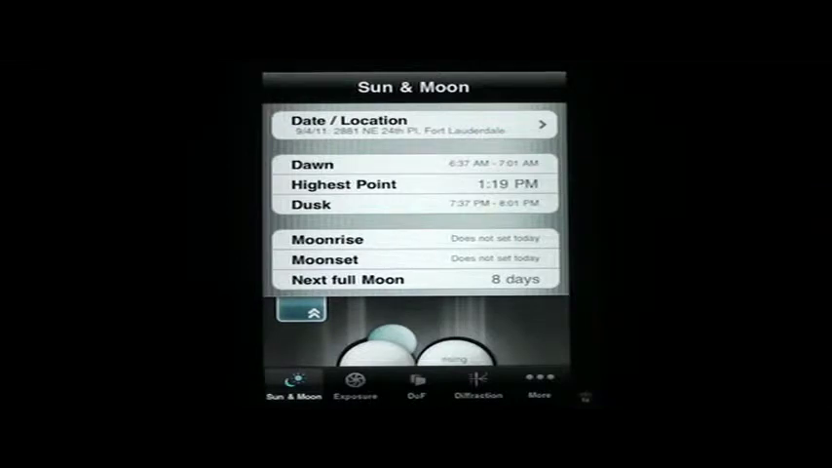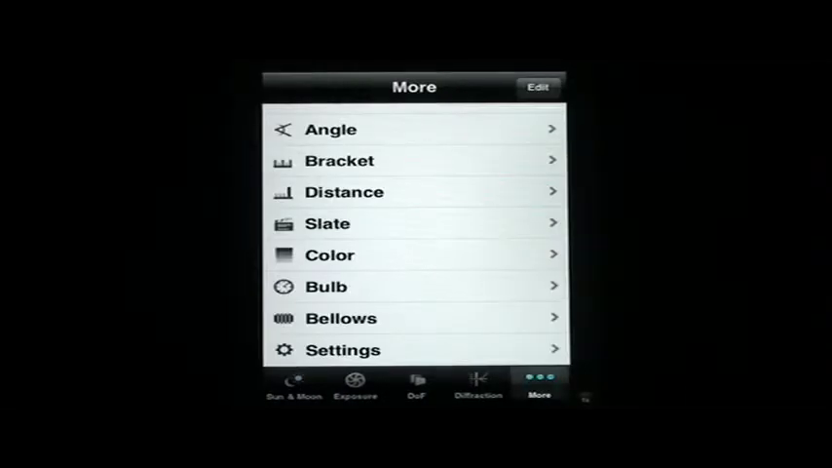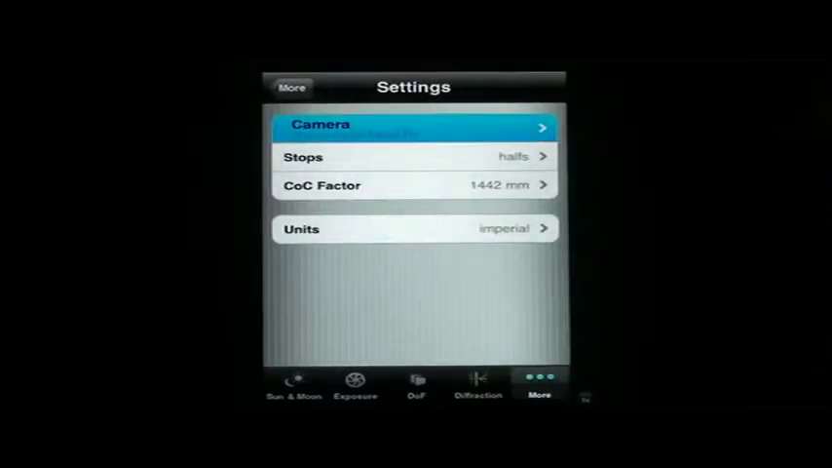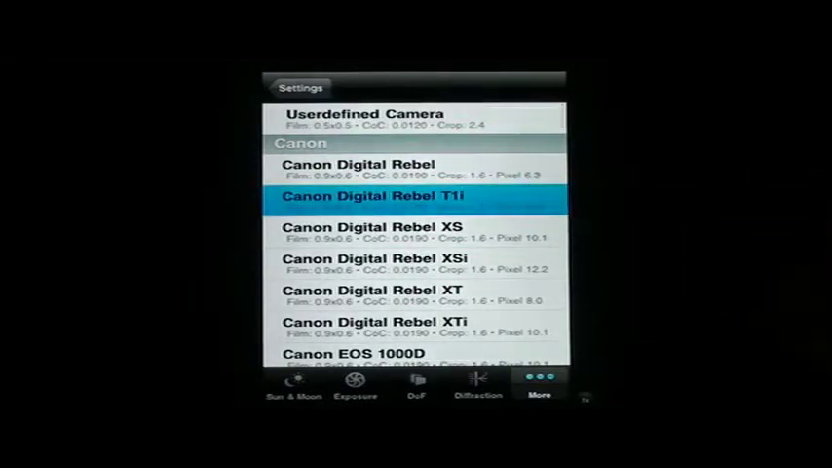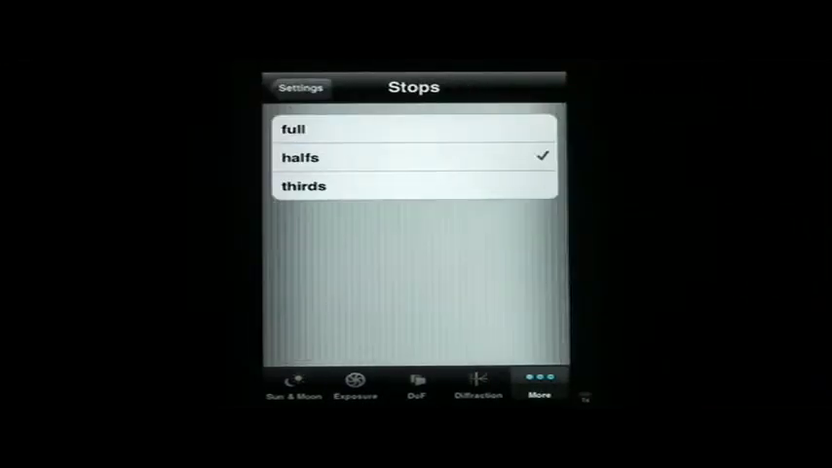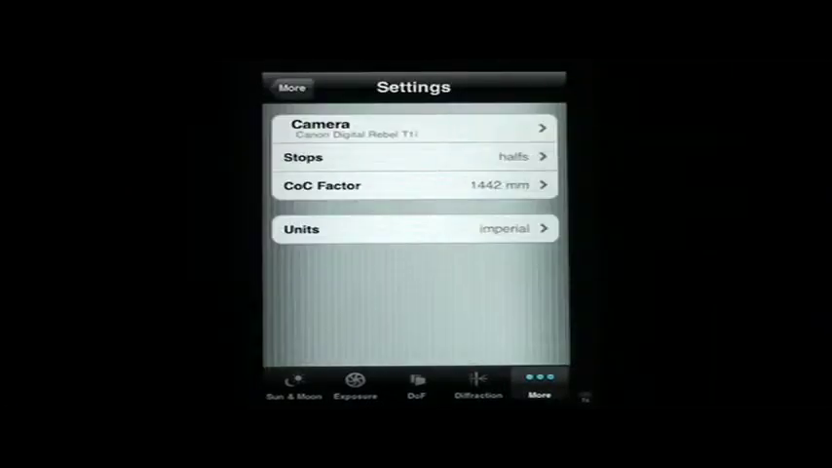The first thing you will want to do is to let PhotoBuddy know which camera you are using. Select More, then select Settings. Select your camera, then indicate the subdivisions you have set for the stops. You can use full stops, 1/2 stops, or 1/3 stops. The circle of confusion factor is determined by the size of a printout. I left mine at the default of